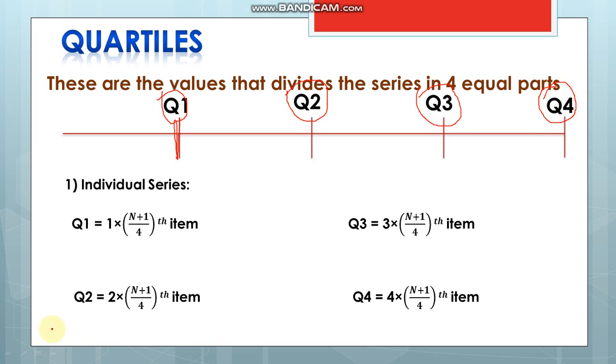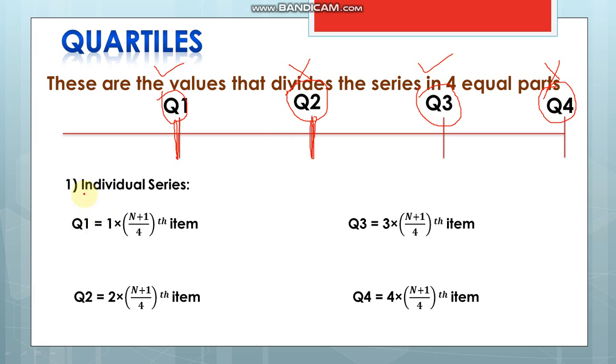Now remember one thing: when I calculate Q1 or Q2, see, this Q2 is the middle point. If it is 4 parts, then this is exactly the middle point. Now when I arrange data and find the middle point, the data which comes in the middle point we call the median. So normally we don't ask you to calculate quartile 2. If I need quartile 2, we directly ask you to calculate the median, because quartile 2 is equal to median. And also see, there is no meaning of this Q4 because that is the last data point. So this Q4 also is not meaningful for us. We are actually calculating Q1 and Q3.